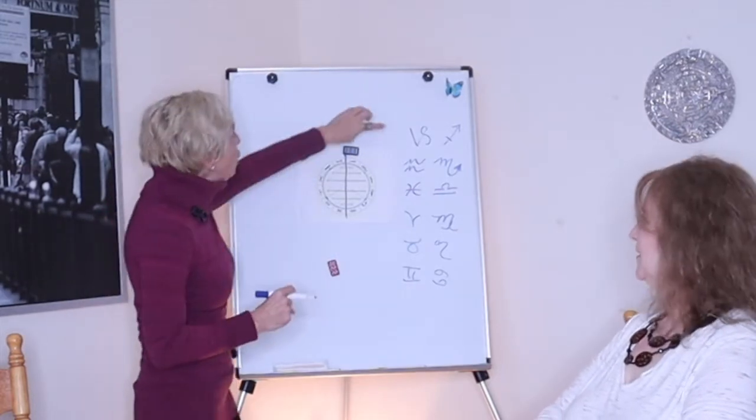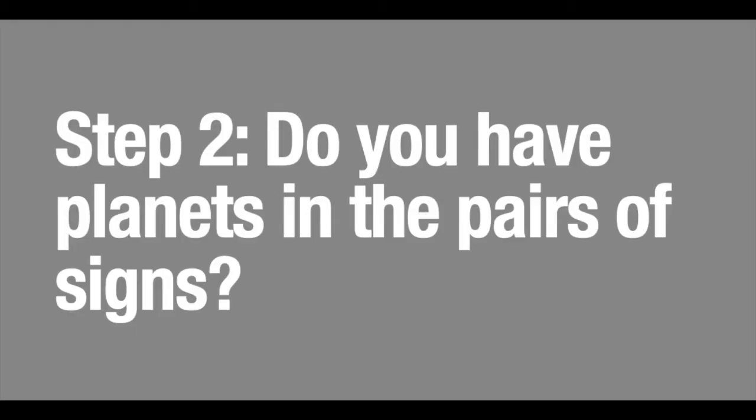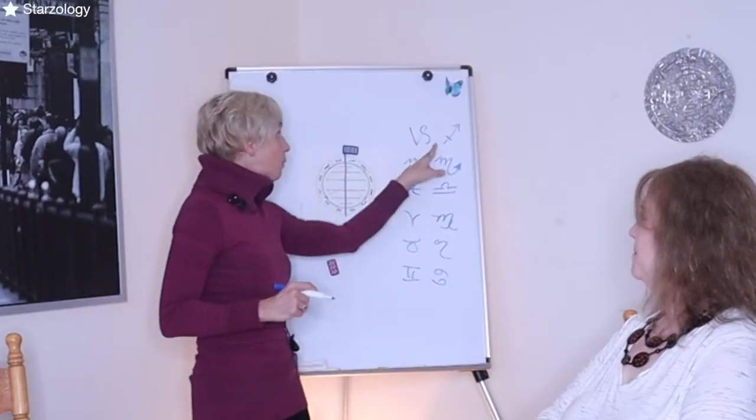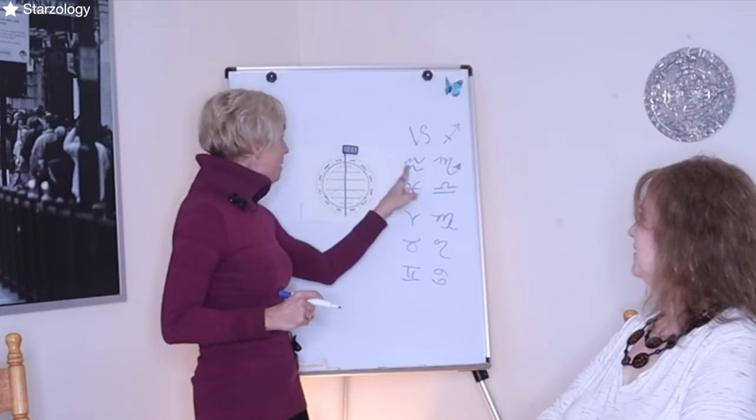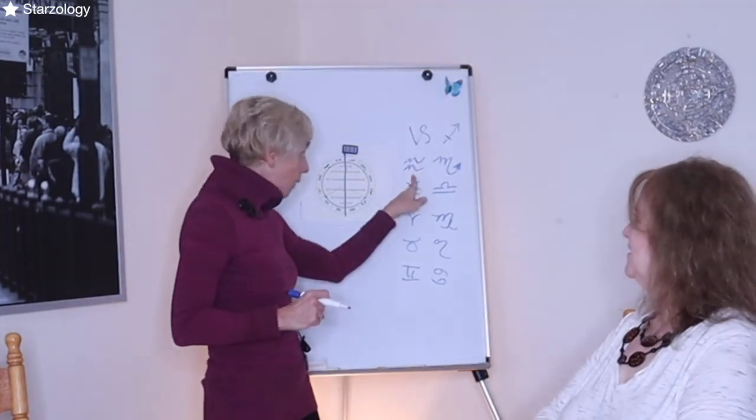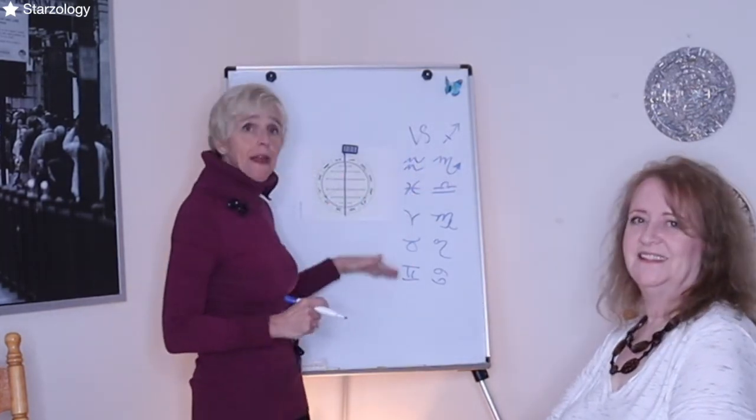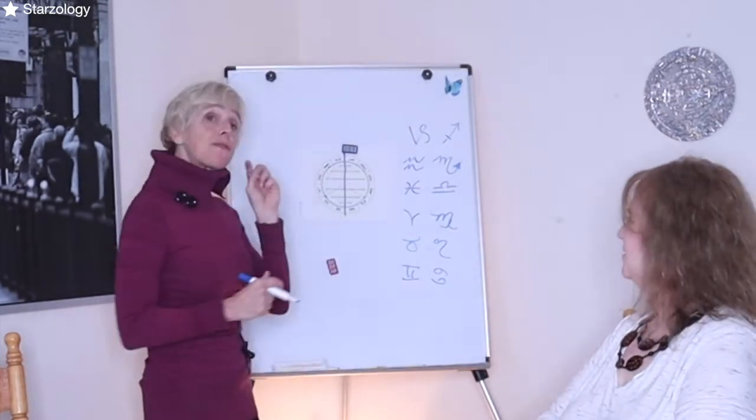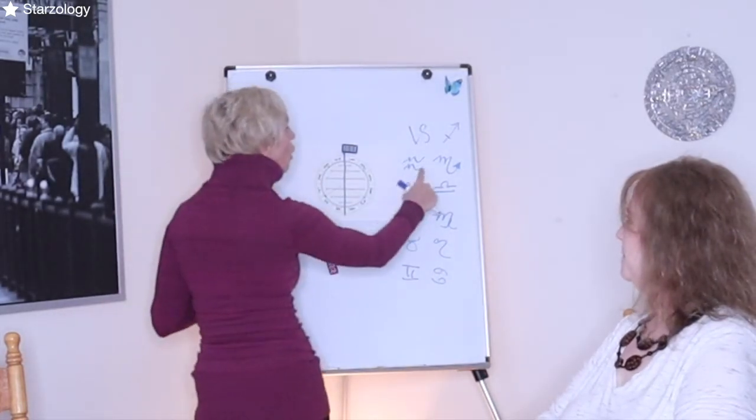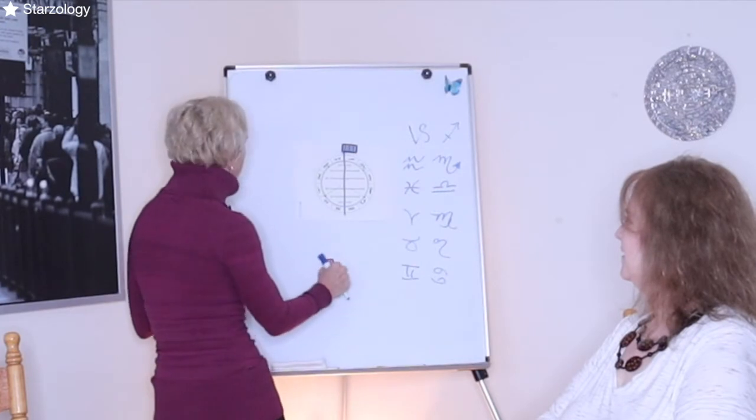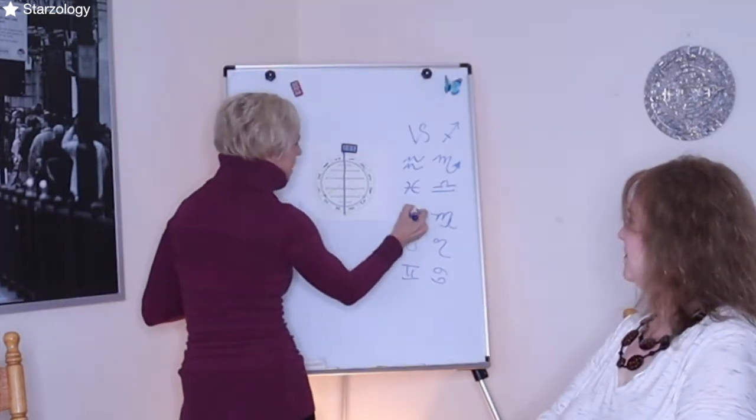Second job is, do you have planets in the signs that pair up? So do you have planets in both Capricorn and Sagittarius? Do you have planets in both Aquarius and Scorpio? And so on all down the line. So that's step two. Step three is, based on whichever pair they are, let's just take a